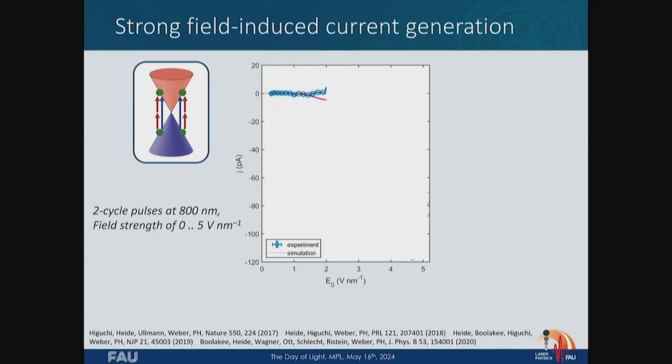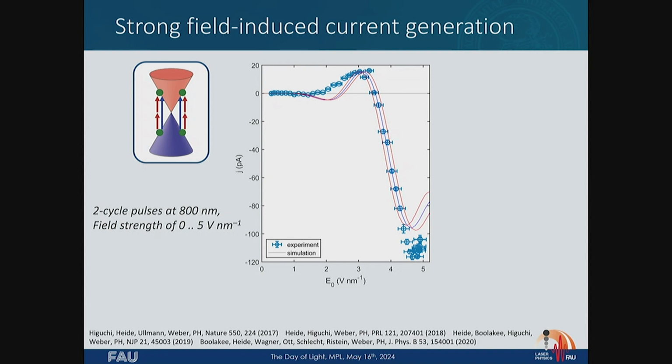What do we measure? We measure something crazy like this here. We just look at the currents that flow in graphene when we increase the field strength. So we only increase the field strength. What we see is first, current flows to the left, say a negative. Then it changes sign here. When we zoom in here, you would see that it really starts flowing to the left. Then it turns around, flows to the right. Then it flows to the left again. And here you see that it starts to turn around. So even though we only make the field stronger and stronger, the current direction changes.